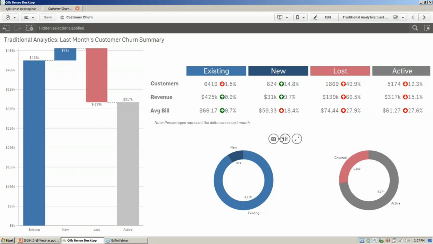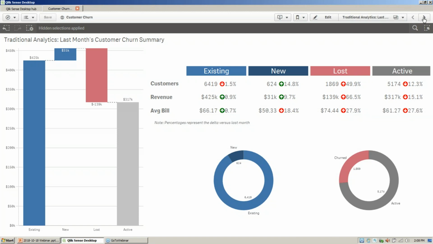So those visualizations tell us that really quickly. And if you look at the numbers up here in the KPIs, the story gets even worse. As we can see right here, the value of the customers entering our system is less than the ones that are leaving the system. So in other words, we're losing high value customers and we're gaining low value customers. We're going to come back to that a little bit later, but we can see not only is churn a problem, the people that are churning and the people that we are attracting are problems as well. So let's try to get a handle on that.